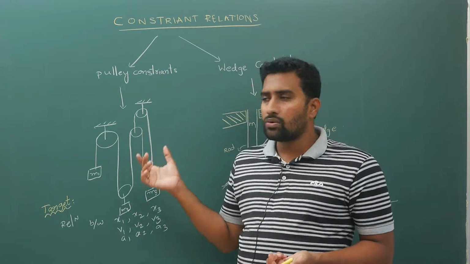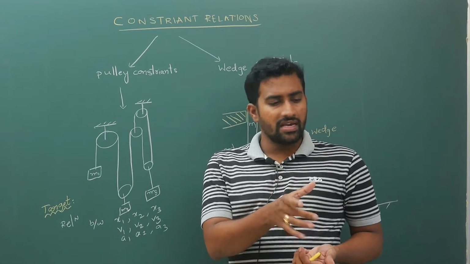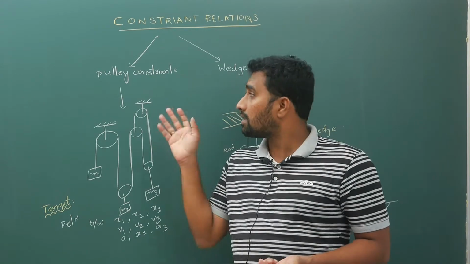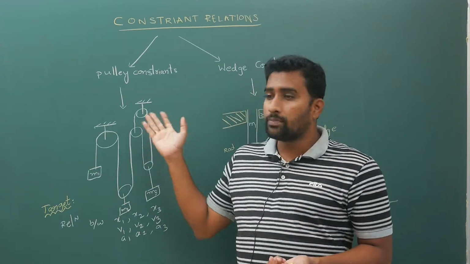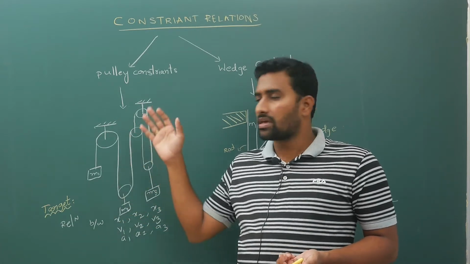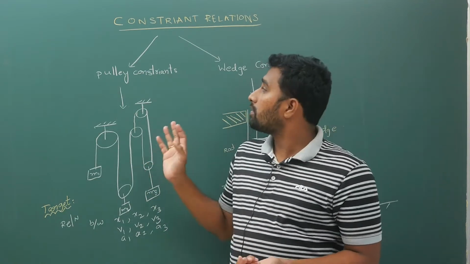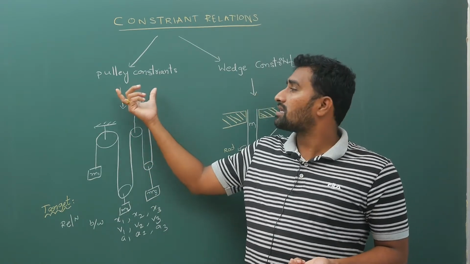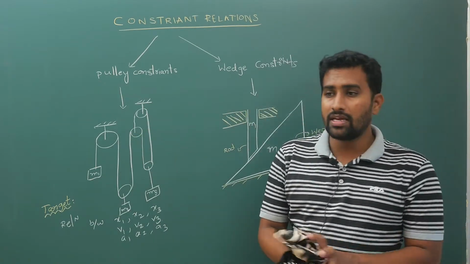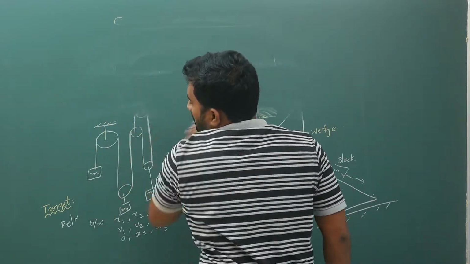So I'll do a separate screen recording so that I can directly take images of questions wherever possible. If not, doing it on the tab is easier than doing it on the board, because if I draw 10 pulleys, obviously my diagram will go wrong and somewhere I have to keep redrawing. So it is a bad thing. Instead I will do it on the tab. Today's class we will start with pulley constraints. So you can keep the heading as pulley constraints. What is this pulley constraint condition? I will explain.